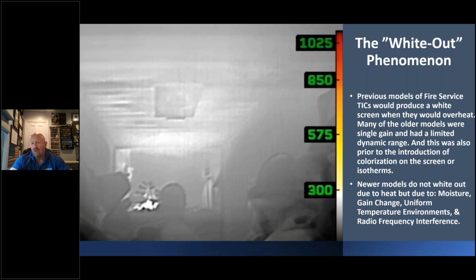Isotherm is just colorizing an area of interest. If you want to be specific, TI Basic is an isotherm: black, gray, white, yellow, orange, red. They pick a range in which those colors show up. Read about that in NFPA 1801 when it talks about TI Basic, and it says that shall be the starting color palette for every fire service camera with no more than 50% of the overall dynamic range being grayscale. Let me repeat that again for my thermal imaging friends. You can't have more than half of the dynamic range in gray if you want it to be an NFPA